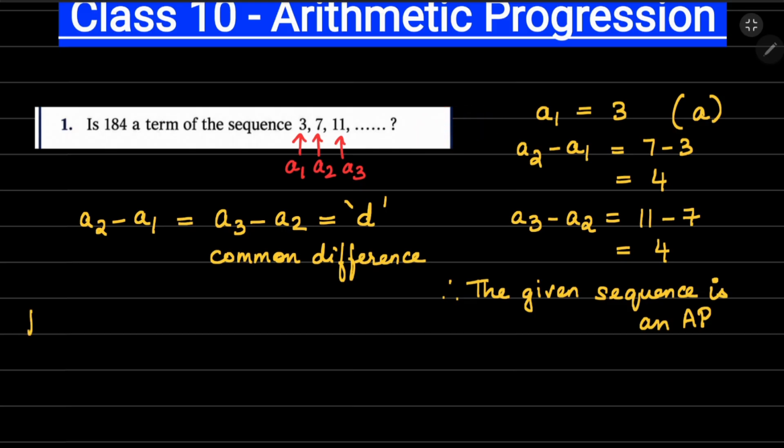So the way to do it is, let's take the nth term. We don't know. It could be the 20th term, it could be the 21st, 25th term. We don't know which term it is, or if 184 is even a term in the sequence, right? So let the nth term be